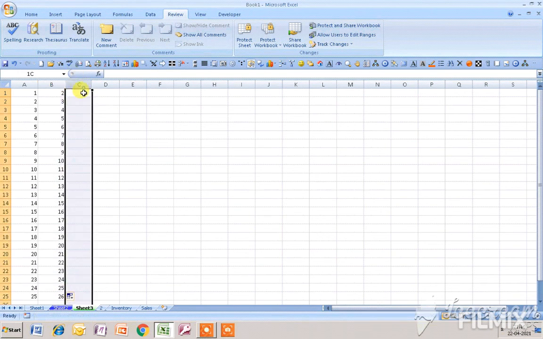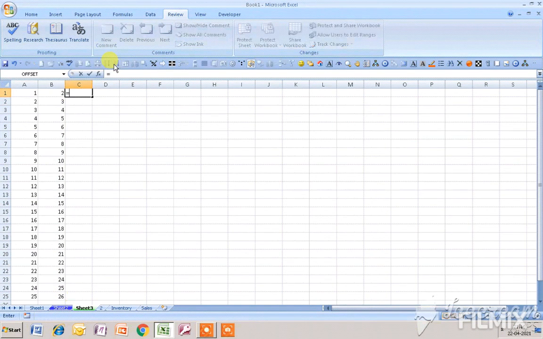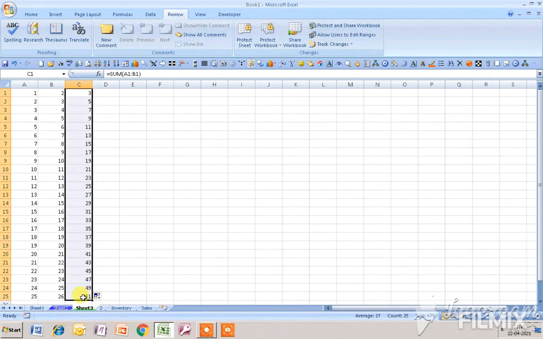The simple things I will do. I will do the sum, I take this range and press enter, and I will drag it till this.